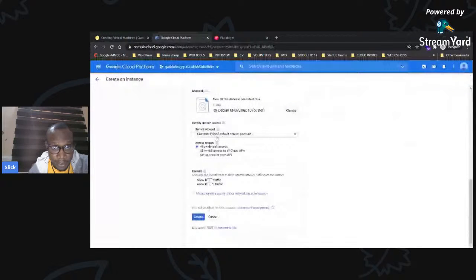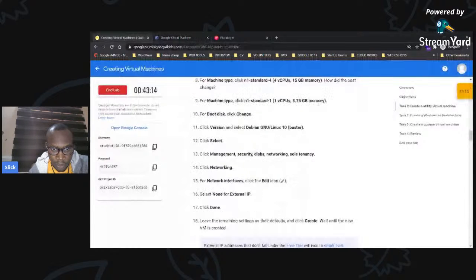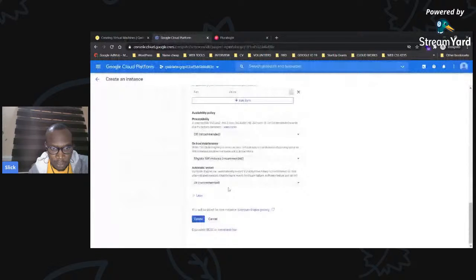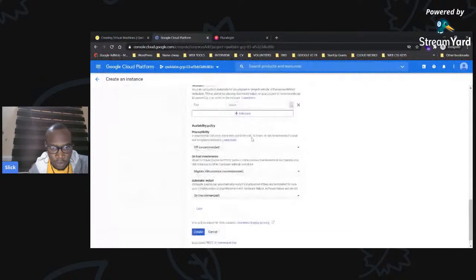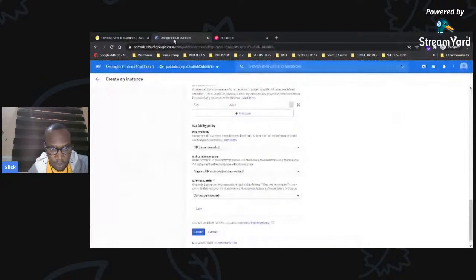In the compute engine, is there anything they want us to change here? Nothing. Click Debian, then click Management. The lab says click Networking, the edit icon, and select no external IP. So we are going to click Management first to see what we are going to do there, though the main thing we are focusing on is